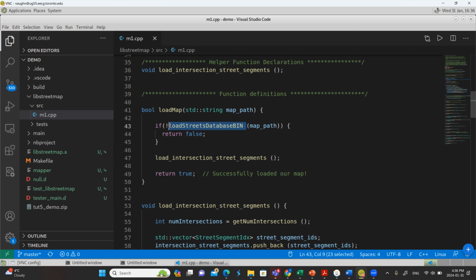So I'm just going to call it, okay? So I've loaded up the API. I already figured out last week that it wasn't fast enough if I just call that API all the time when you ask me what are the street segments connected to this intersection. So I'm preloading some more data. I'm using my nice helper function to do that.